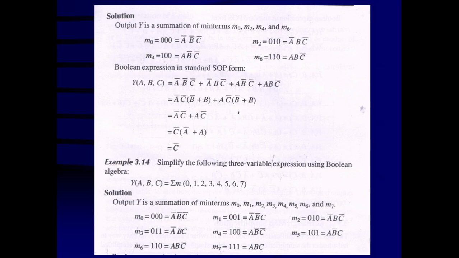For the first 2 terms, A bar, C bar is going to be common. You can see that here also A bar, C bar is there. Here also A bar, C bar is there. So they can be taken as common outside the bracket. Remains B bar or B. Similarly here, A C bar is going to be common. Here A C bar is there. Here also in this term A C bar is there. Remains B bar or B.